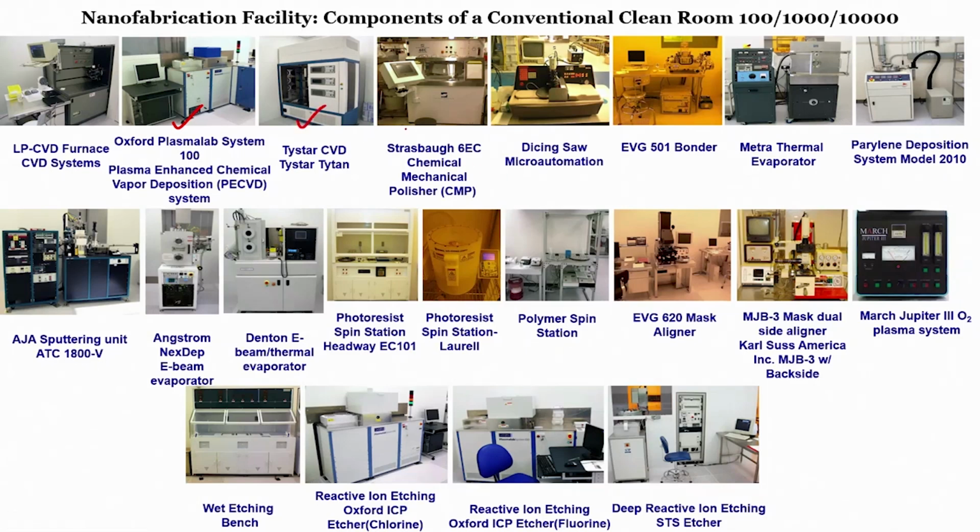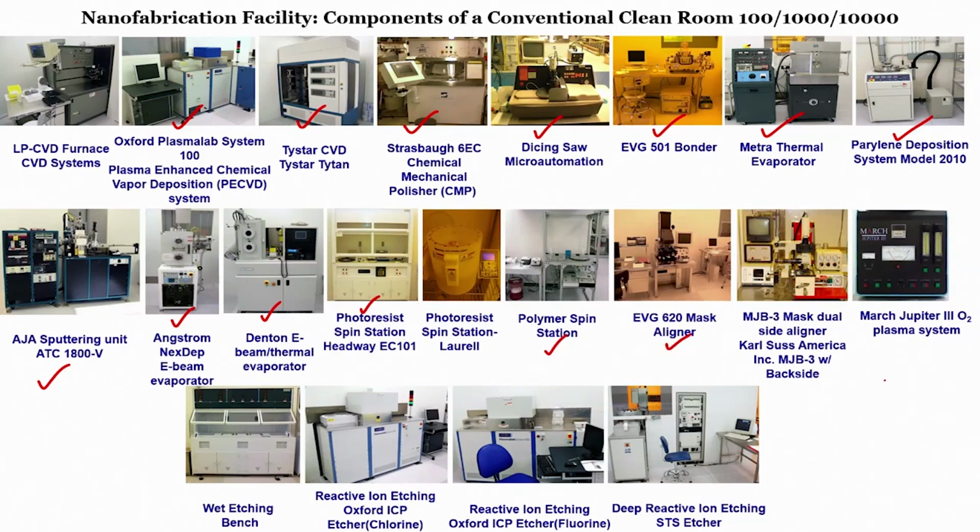Then you have your CMP for polishing the wafer. Then you have a dicing saw for dicing the chips. Then you have a bonder for bonding silicon with silicon. You need that kind of application when we are making a microfluidic chip. Then you have a thermal evaporator, then you have a parylene depositor, which is a plastic, polymer deposition. You have a sputtering system, you may have an e-beam evaporator, a Denton e-beam thermal evaporator, you have a photoresist spin station, you have a polymer spin station like SU8,